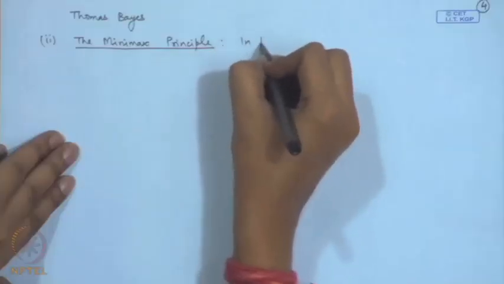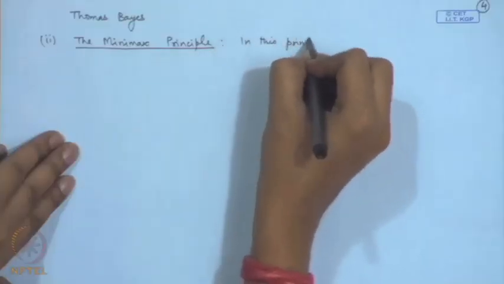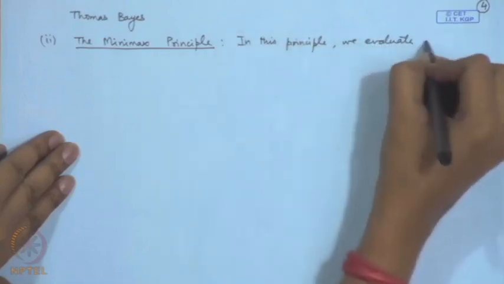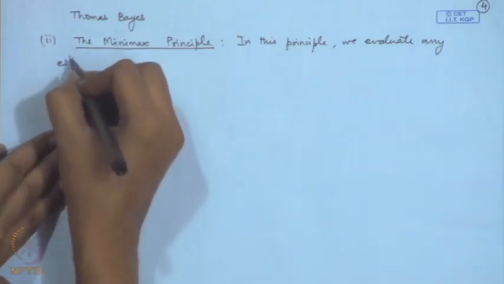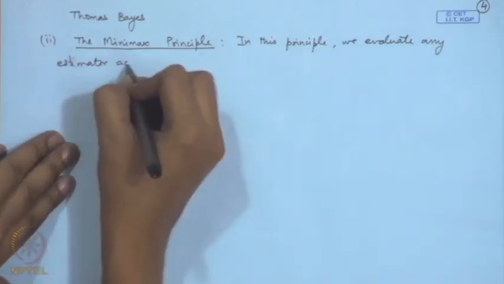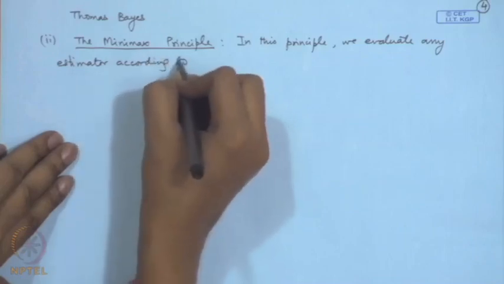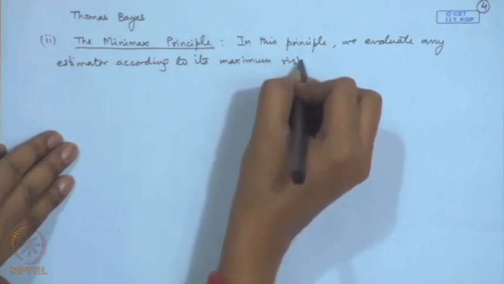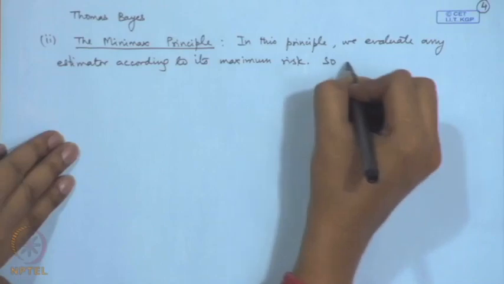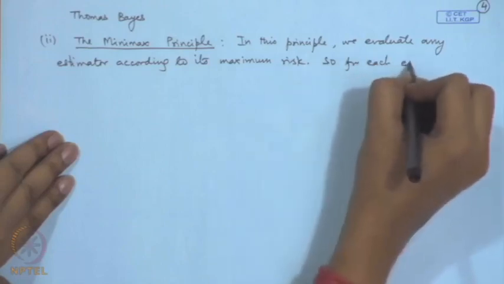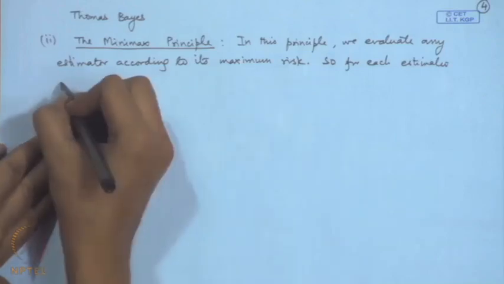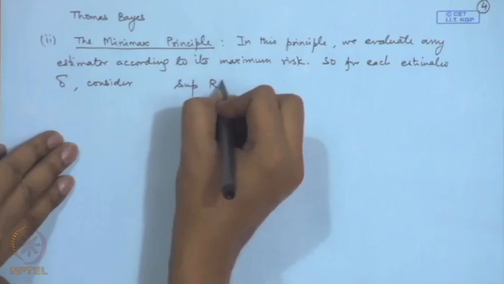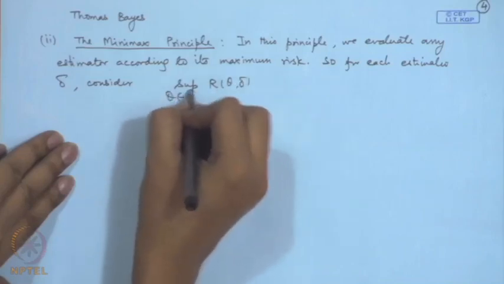So, in this principle, we evaluate any estimator according to its maximum risk. So, for each estimator delta, consider the supremum of r(theta, delta) for theta belonging to Theta,